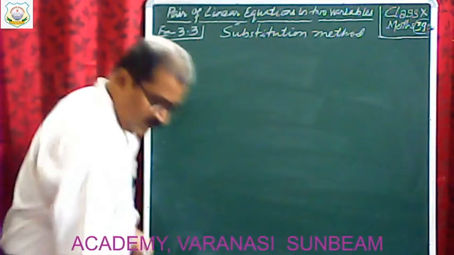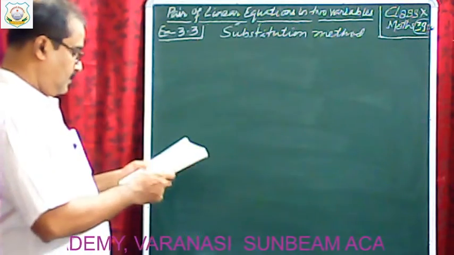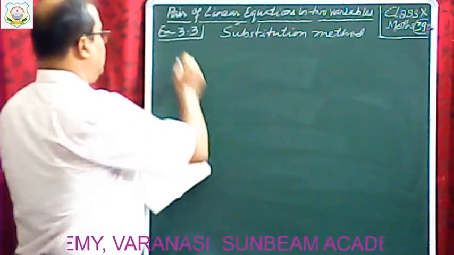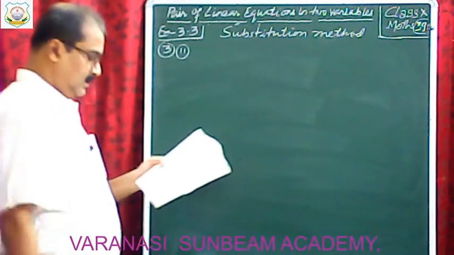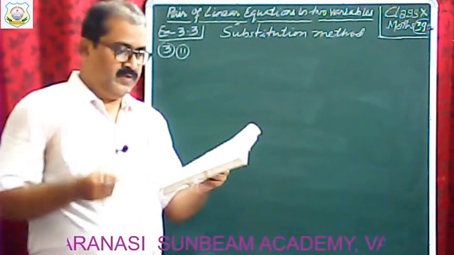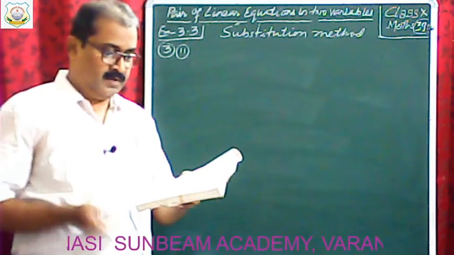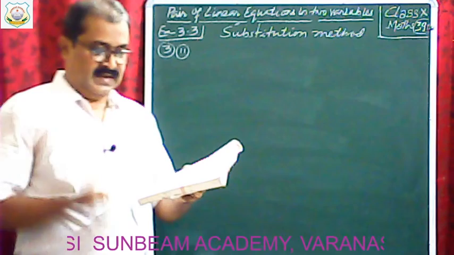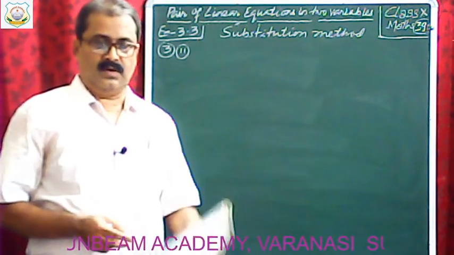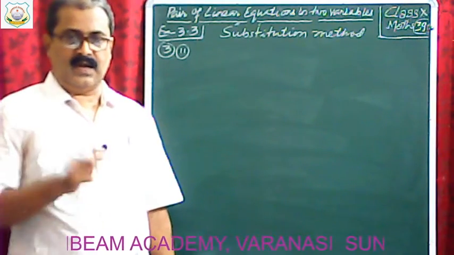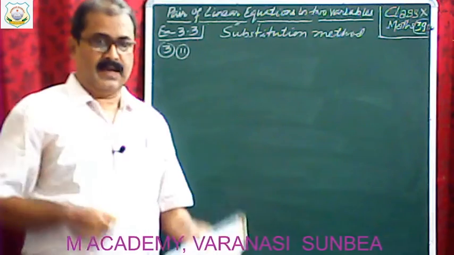So what's some given? Question number 3. Second, the larger of two supplementary angles exceeds the smaller by 18 degree, find them. The larger of two supplementary angles exceeds the smaller by 18 degree. Okay, there are two supplementary angles, the larger one exceeds the smaller by 18 degree, find the angles.